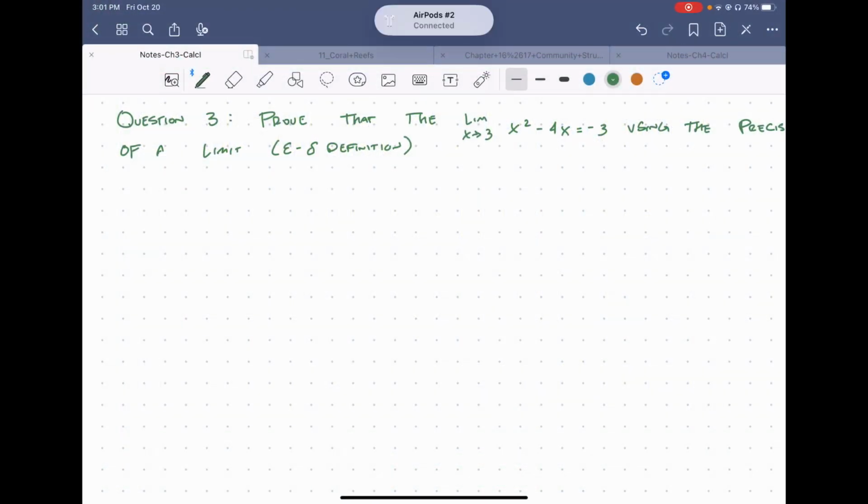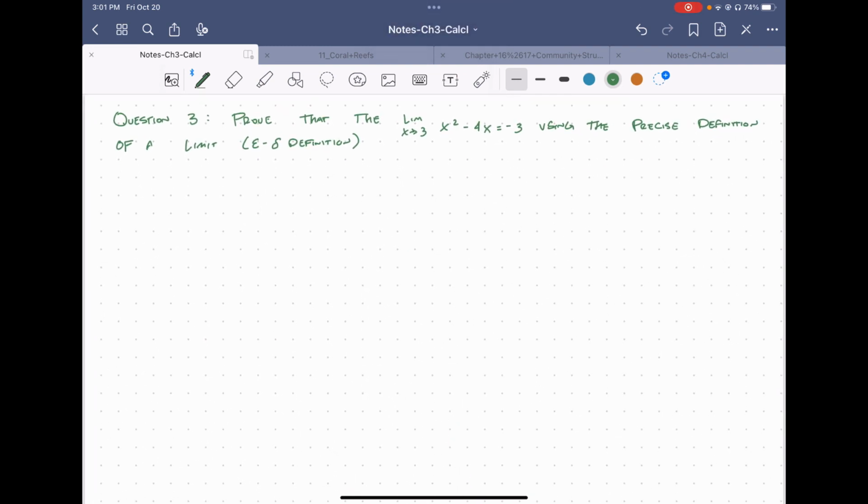Hi, today we are going to be doing another problem, question number 3. In this one, we are required to prove that the limit as x approaches 3 of x squared minus 4x equals negative 3, using the precise definition of a limit, which is the epsilon delta definition. So we're going to go ahead and write